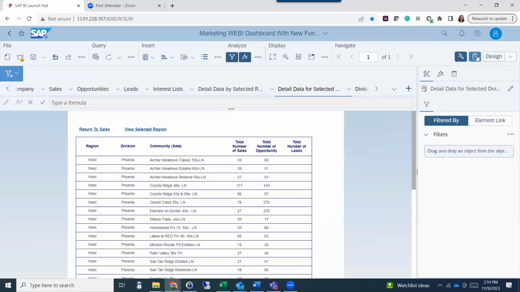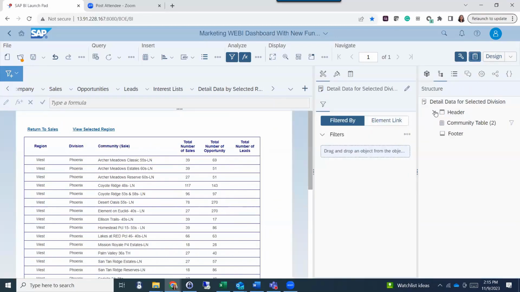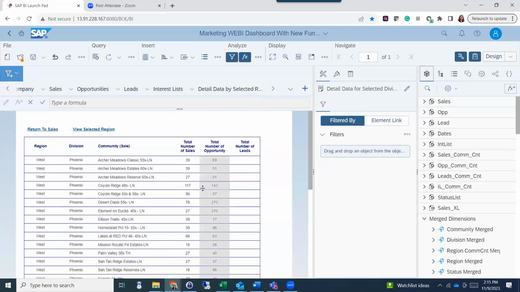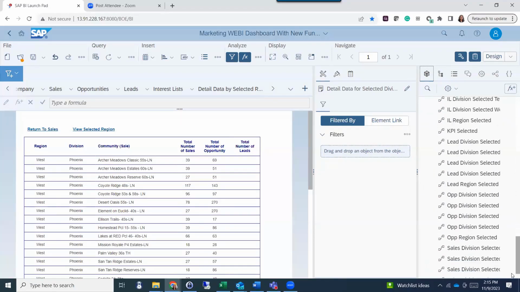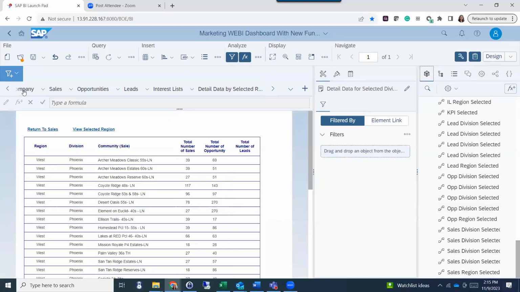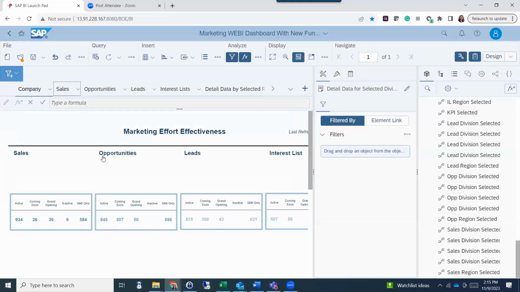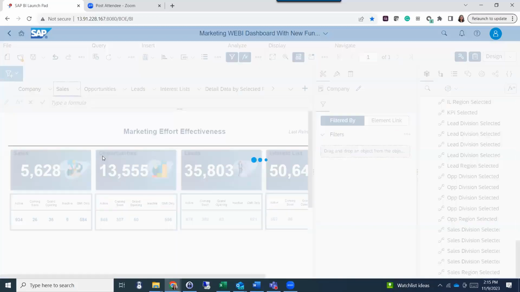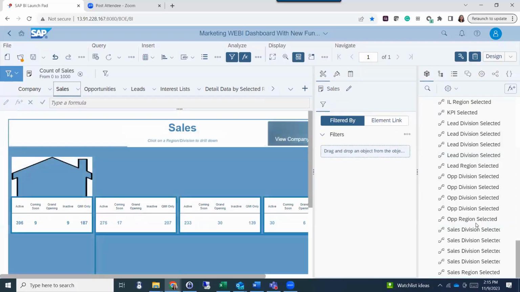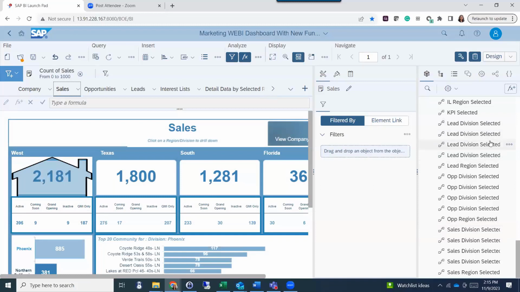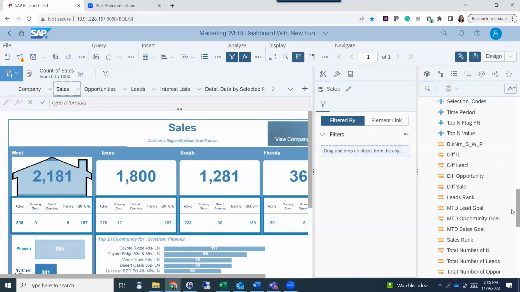So what I did was I created a bunch of flags. Before I created a bunch of flags, I created a lot of references. You will see here, it's a lot of references to capture the value of my selection. So when I select West, that value I'm capturing in one of these reference values. Then when I'm selecting a division under that, then that's being passed to another reference. And then